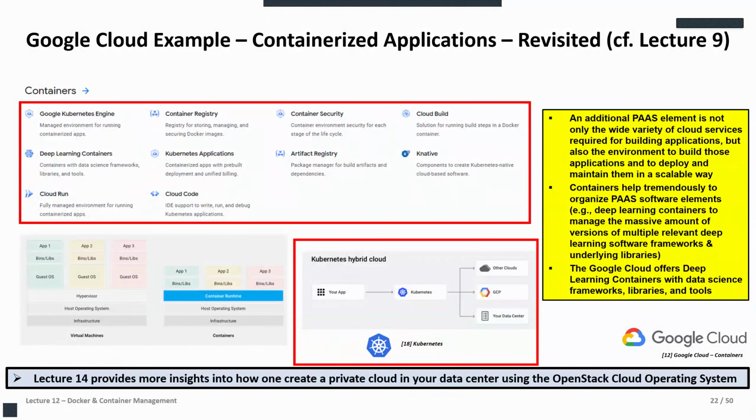We looked a little bit at where containerized applications are in the Google Cloud as one key example. Again, the message is that MS Azure and AWS have, of course, other examples too. Here, if we go into the category of containers, you see what we already discussed in the first part: container registries, where you have the Docker images stored that you can then also